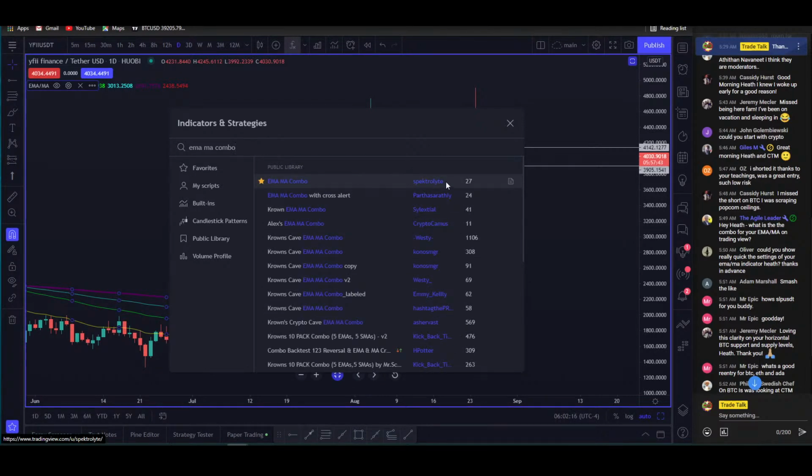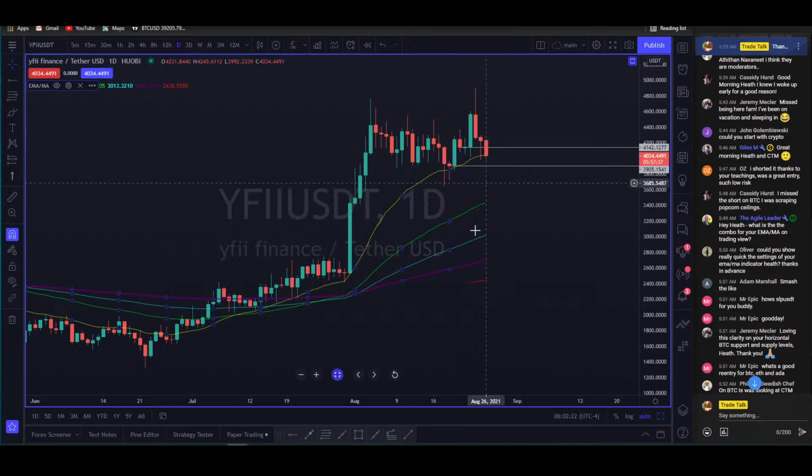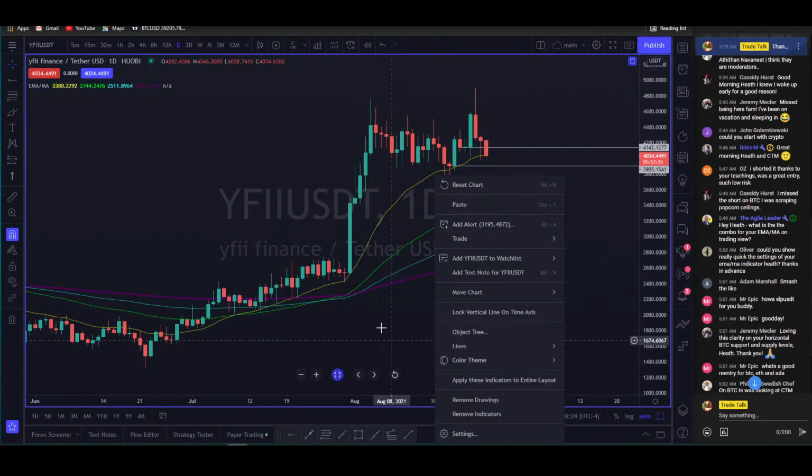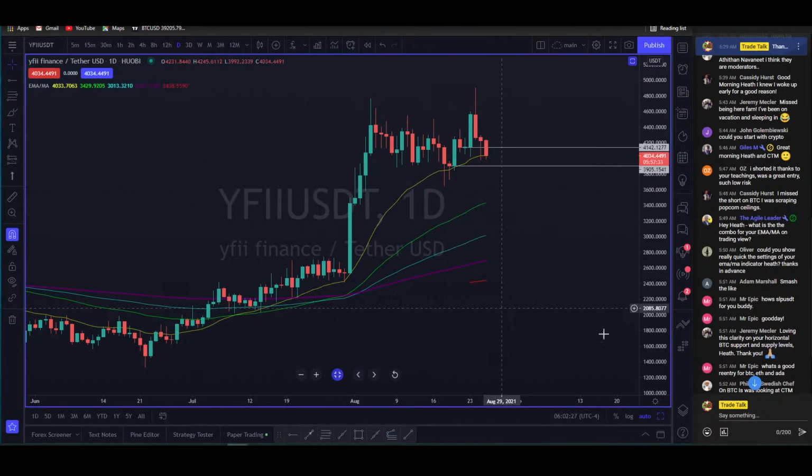This is the one that I've got right now, just because it was the first one, I guess. I have a bad habit of deleting my indicators. I click on this and I go down to hit remove drawings and I accidentally remove the indicators. I don't really need them. I only put them on there basically to show you guys what I'm looking at.